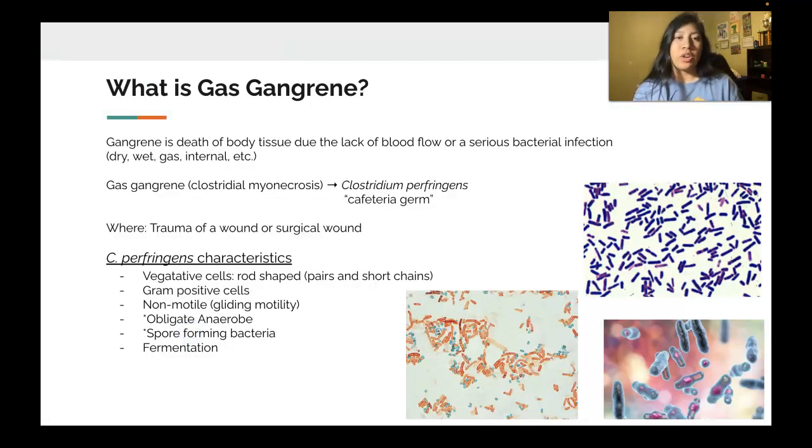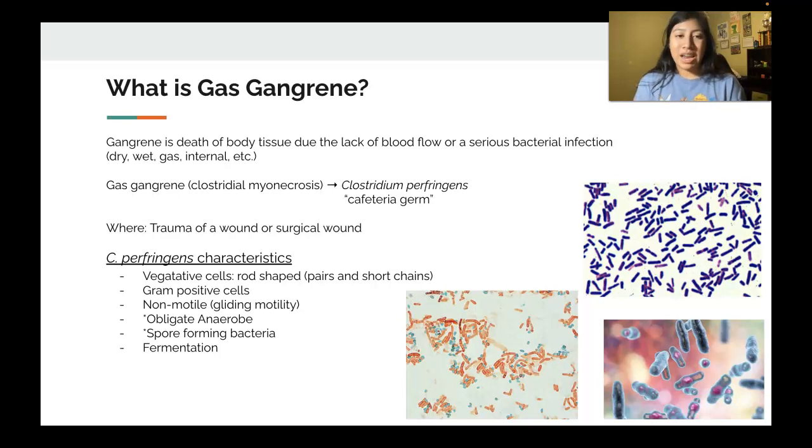What is gas gangrene? In order to approach this question, we will first have to know what gangrene is. Gangrene is the death of body tissue due to the lack of blood flow, which is often caused by a serious bacterial infection. There's different types of gangrenes. There's dry, wet, gas, internal, and there's a few other ones, but for this discussion, we will only be focusing on gas gangrene. Gas gangrene is also known as clostridial myonecrosis, and its most common infectious agent is called Clostridium